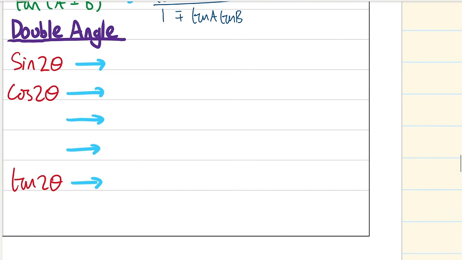Double angle. These are not given, and these are super duper useful. You've got to know these ones. 2 sine theta cos theta. That's sine 2 theta. Cos 2 theta is very cheeky. It has lots of different